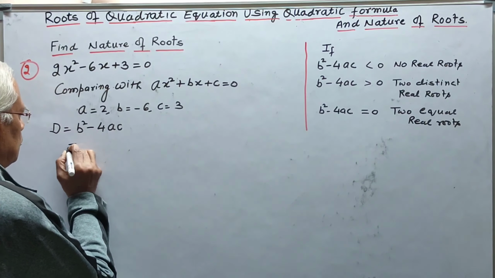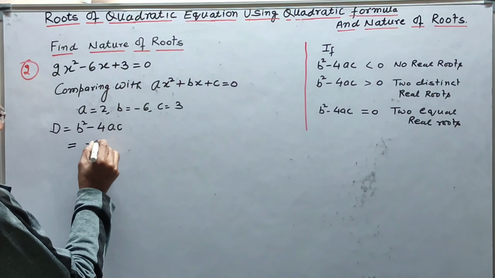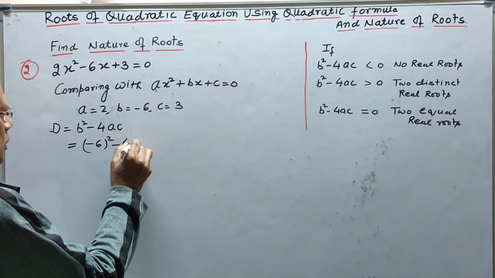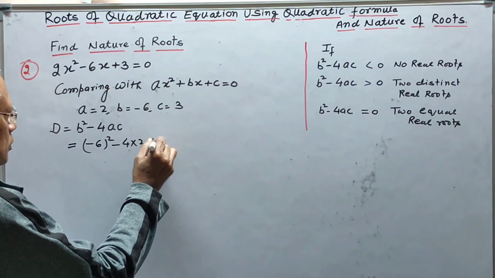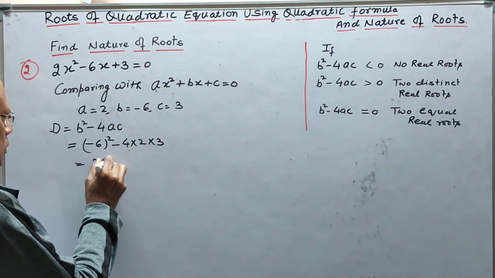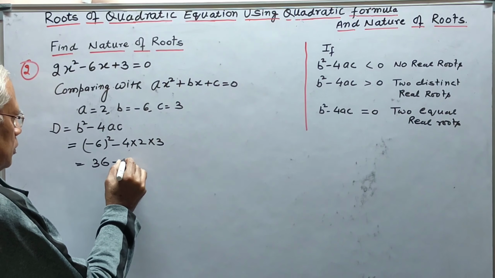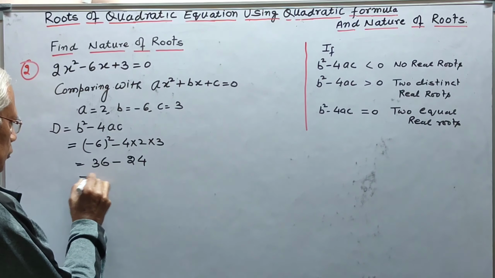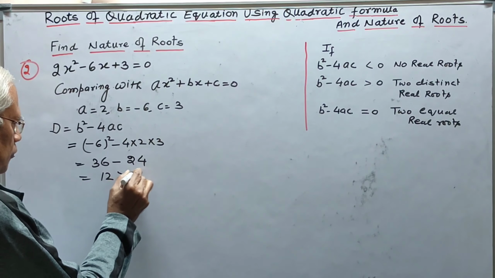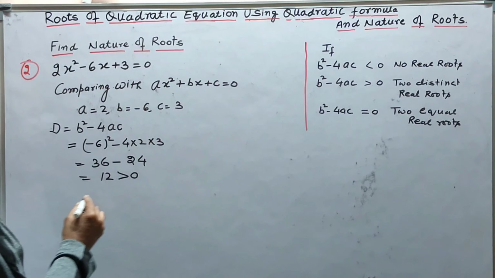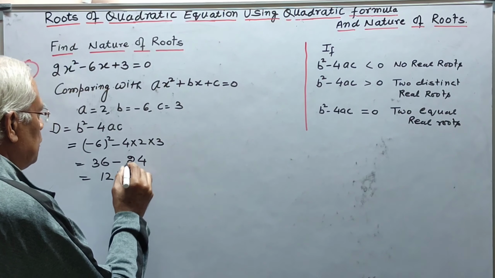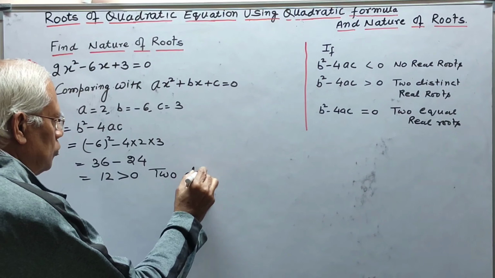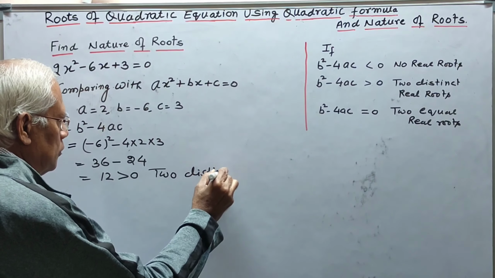This is equal to b, that is minus 6 whole square, minus 4, a is 2, and c is 3. 36 minus 24, which is 12, positive. So the given quadratic equation will have two distinct